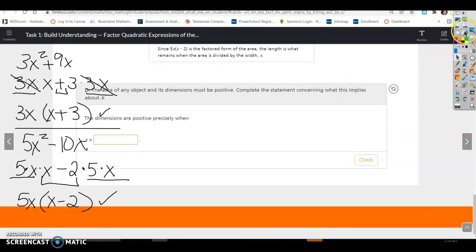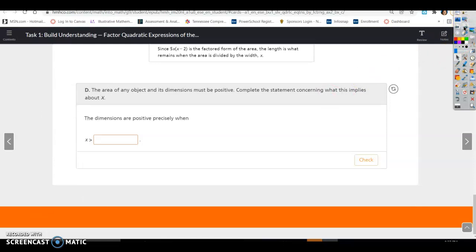All right, so let's see what this last question says. The area of an object and its dimensions must be positive. All right, so that makes sense because length has to be positive, width has to be positive. We can't have negative distance. So it says complete the statement concerning what this implies about x. So it says the dimensions are positive precisely when,